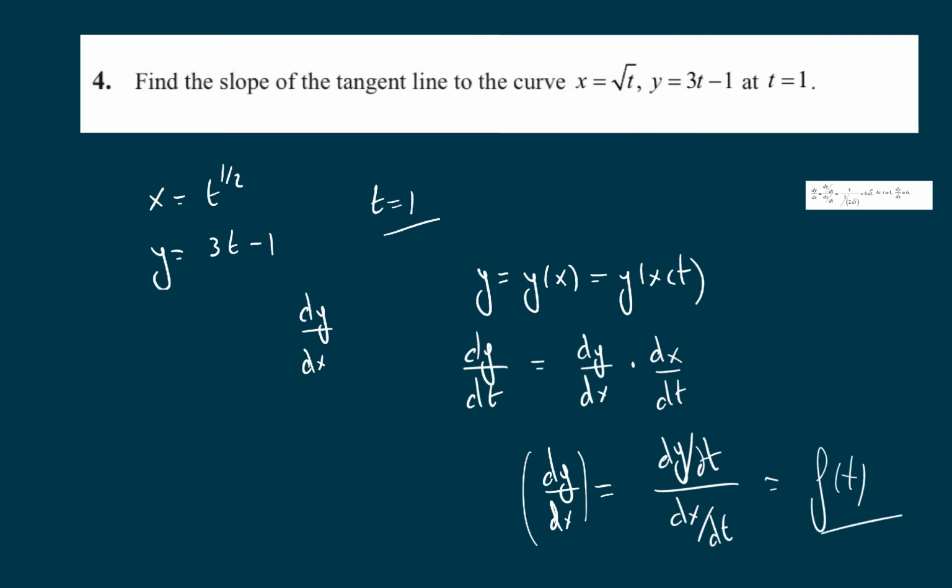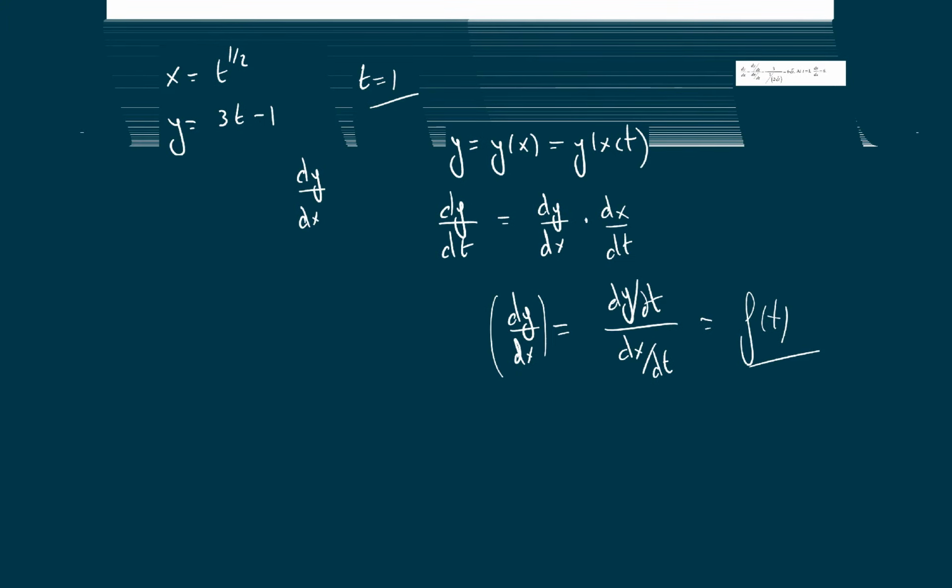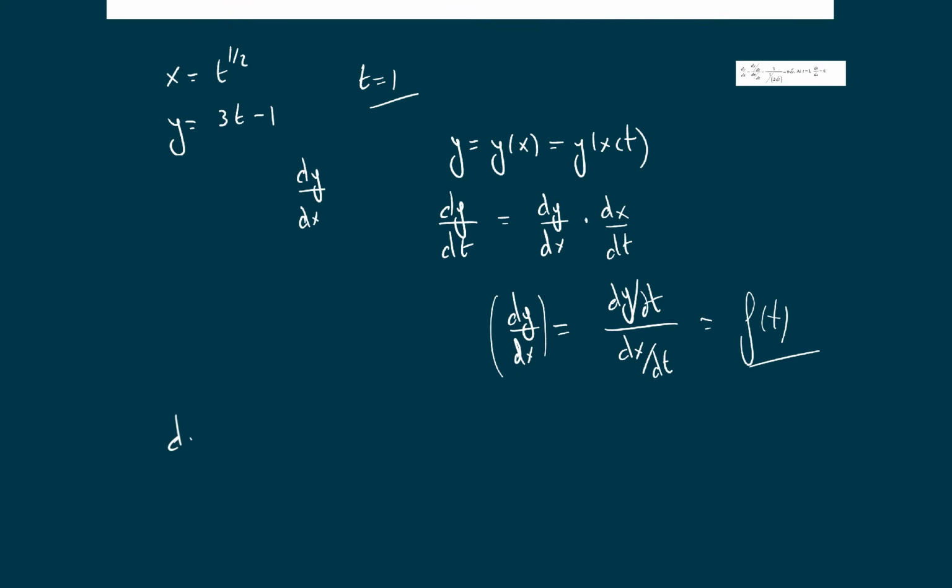Let's go to do it. So the derivative of y respect to the x is equal to the derivative of y respect to the t divided by the derivative of x respect to the t. What is the derivative of y respect to the t? It is 1 half t to the 1 half minus 1, so t to the minus 1 half,